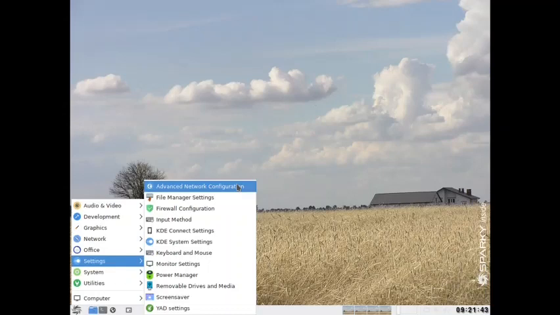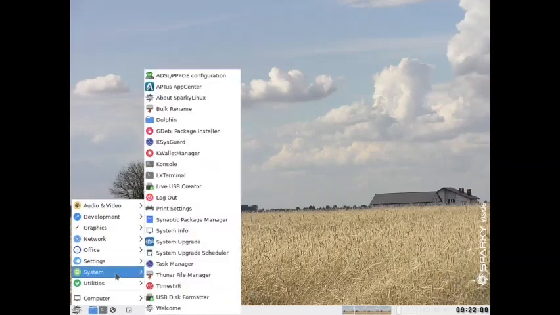In settings, all this advanced network configuration, file manager settings, firewall configuration, input method, KDE Connect, system and mouse, KDE system settings, monitor settings, power manager, screensaver, everything is from the KDE desktop. So the PWM window manager looks to be very lean, and most of the applications are from the KDE desktop. Very minimal applications are there for the PWM window manager, but for example, only this